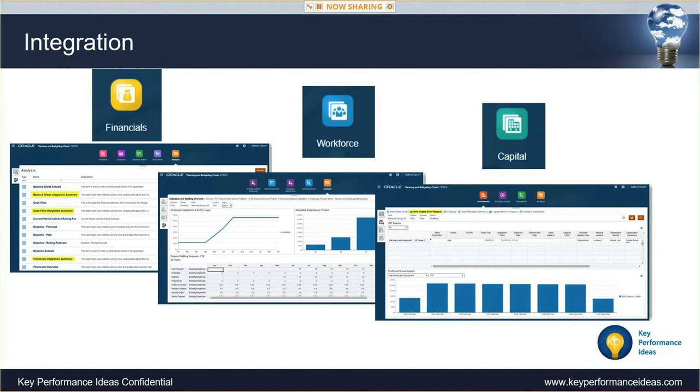You'll see, we won't go into much detail, but for the Financials module, you'll be able to see your financial data, for example, balance sheet and cash flow information from projects in Financials. And in Workforce, you'll be able to see the utilization of employees across projects. You'll also be able to integrate the other way from Workforce to projects by reassigning employees and things of that nature. And then for Capital, you can see your project assets capitalized, and we'll discuss that further in a few